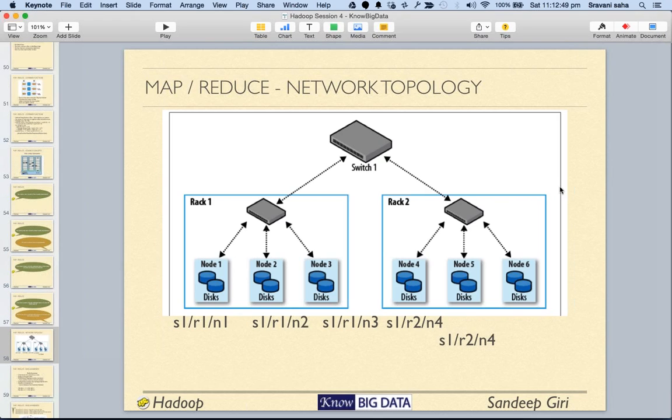Now let's talk about how it computes. Data centers are physically different geographies. One might be New York, another might be India, a third one might be somewhere like South Africa. That's a data center. So the distance between racks is comparatively small, while the distance between data centers is huge. All right. Now, how does it work? So basically, you lay out your network topology when you are setting up your Hadoop. And the way you define it is,